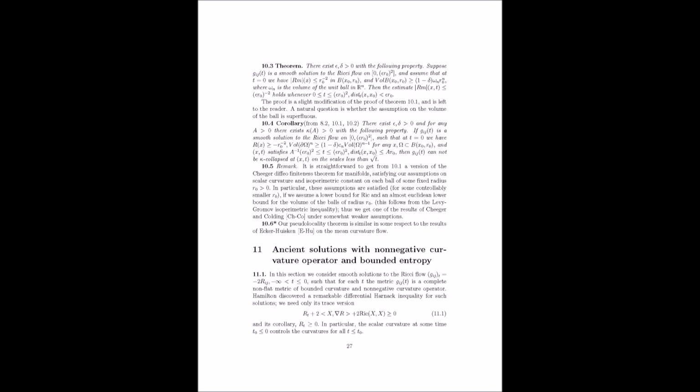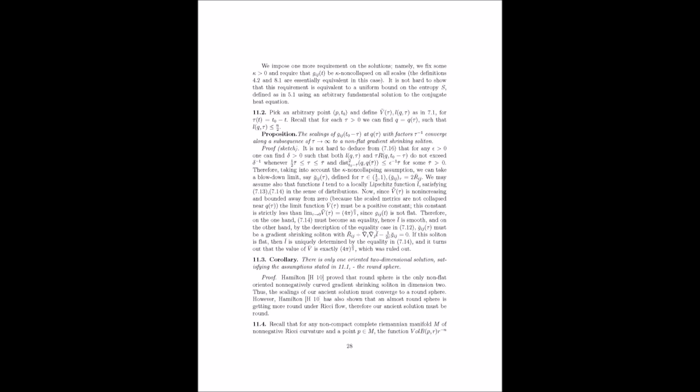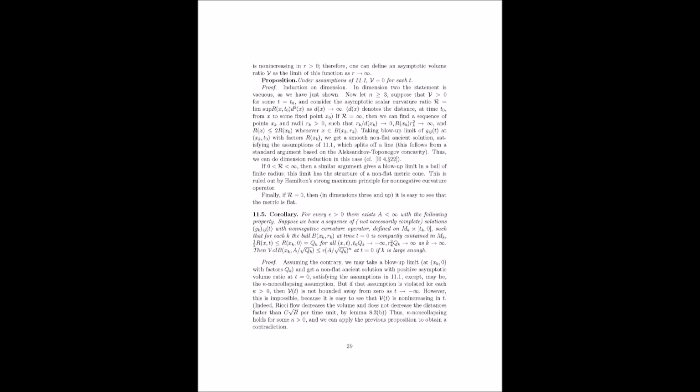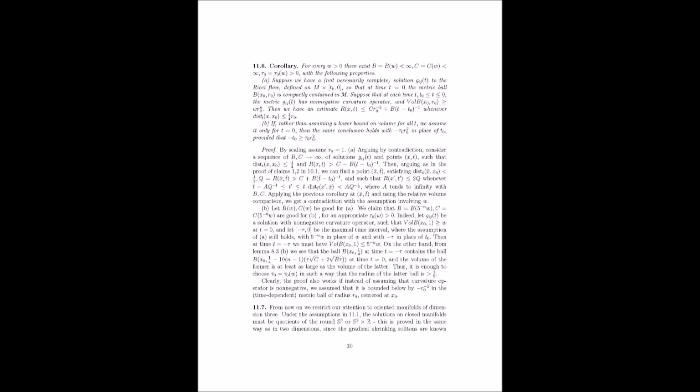It's definitely not a simple object, so we can break it down piece by piece. It's defined for a Riemannian metric, which is denoted by g_ij, and a function f on a closed manifold, which we'll call M. The functional, which we denote by F, is given by the following integral: the integral of R plus the squared norm of nabla f, times e to the minus f, dV.